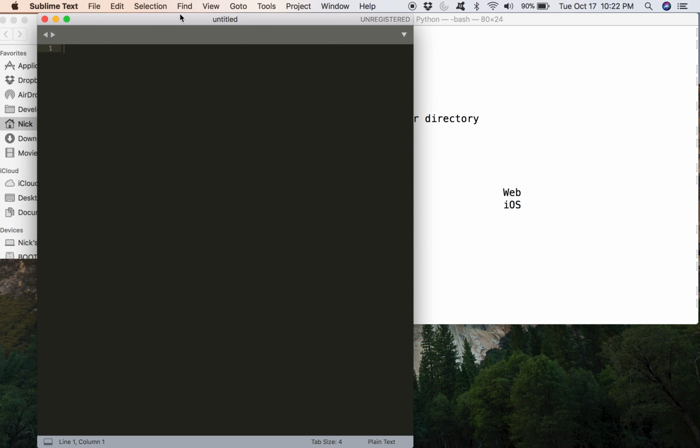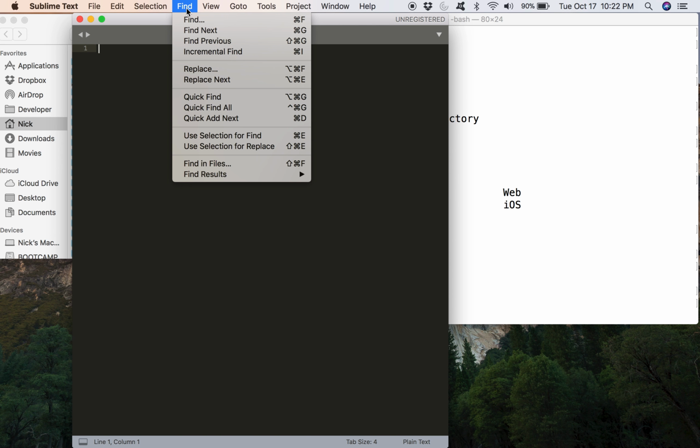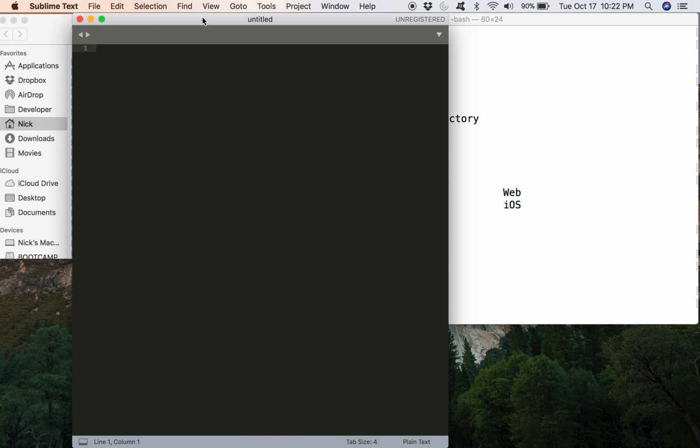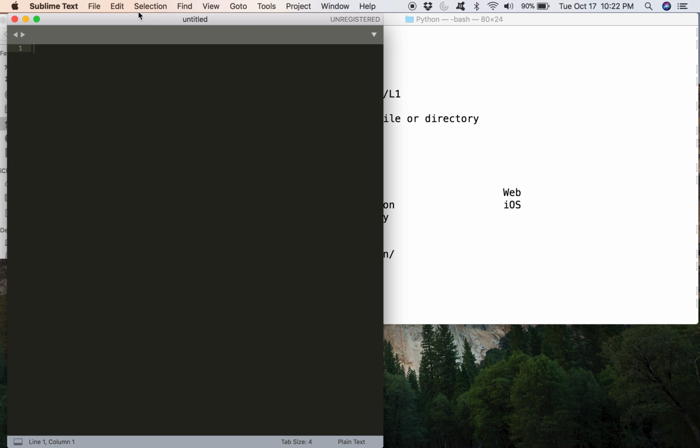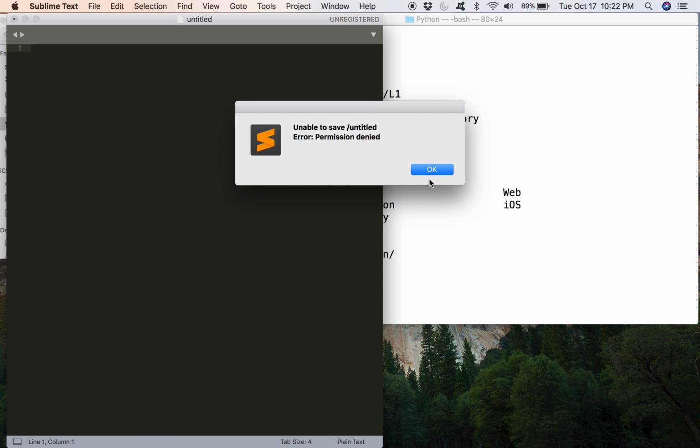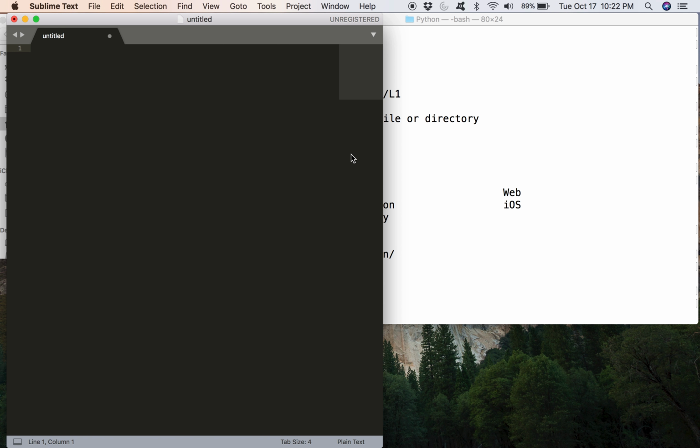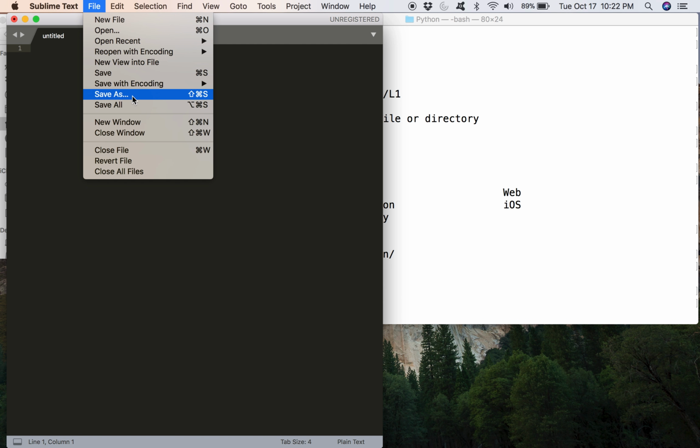Anyway, before I get too carried away with my text editor talk, we're not even going to write anything in here because we're not going to learn how to program in Python yet. What we're going to do is we're just going to save. I cannot save to untitled, permission denied. I'm not trying to save to untitled. Right, so I'm going to save as,